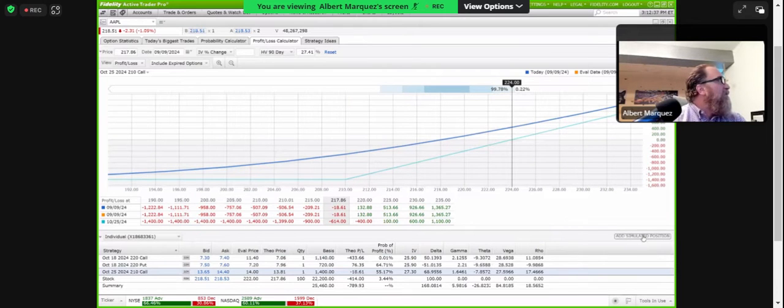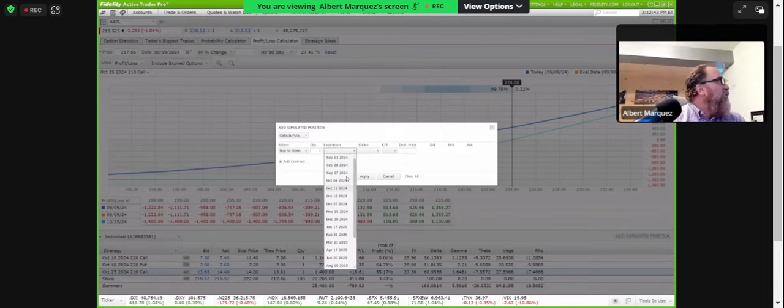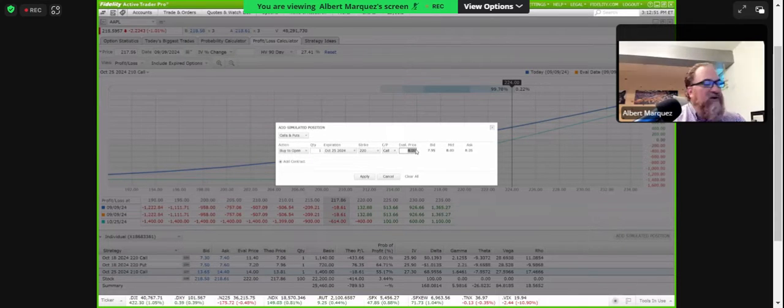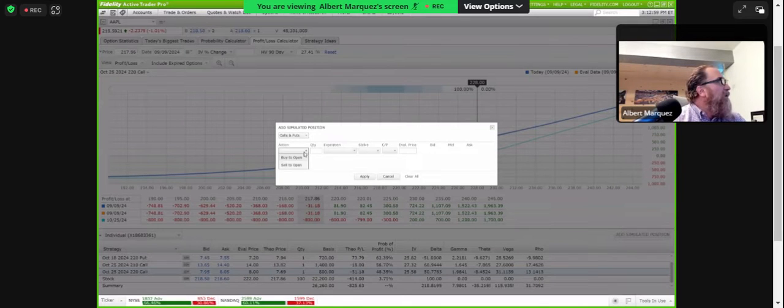I'm also going to add the at the money, which was, of course, that 220 call. So I'm going to buy to open 1. Expiration is October 25th. The strike price this time is going to be that 220 strike price. It's a call. And we'll say $8 to make it nice and easy, because we like easy. And finally, I'm going to add one last one, the out of the money that we talked about. So again, buy to open 1, October 25th. Strike price is 230 this time. It's a call, of course. And the valuation price, we'll say this one is 3.75, just to make it nice and clean.